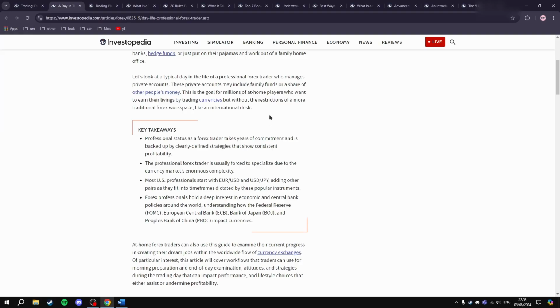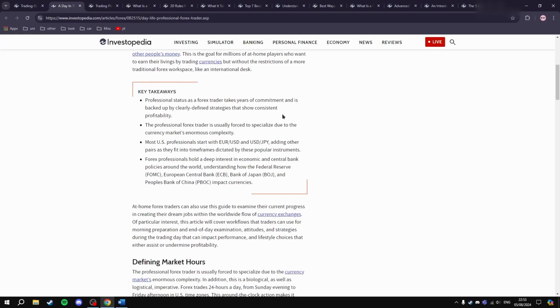Key takeaways. Professional status as a Forex trader takes years of commitment and is backed by clearly defined strategies that show consistent profitability. The professional Forex trader is usually forced to specialize due to the currency market's enormous complexity. Usually forced to specialize, so only trading one currency pair or something like that. Most US professionals start with EUR/USD and USD/JPY, adding other pairs as they fit into timeframes dictated by those